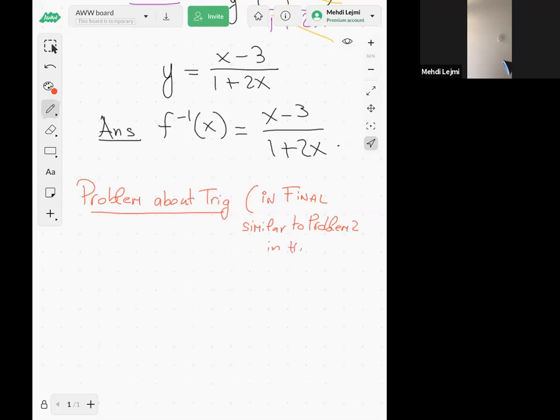So let's say you want to find sine of some negative angle. It could be negative or positive anyway, but let's say you have sine of negative of, let's say, 35 pi over,